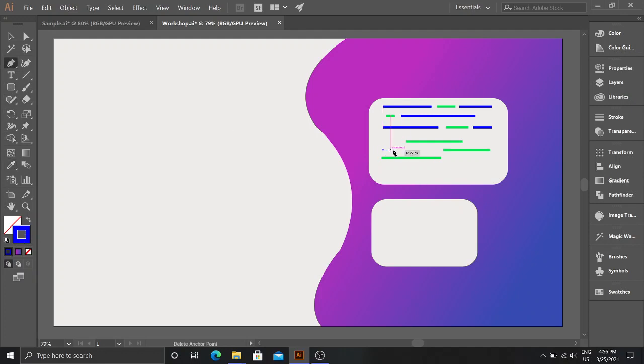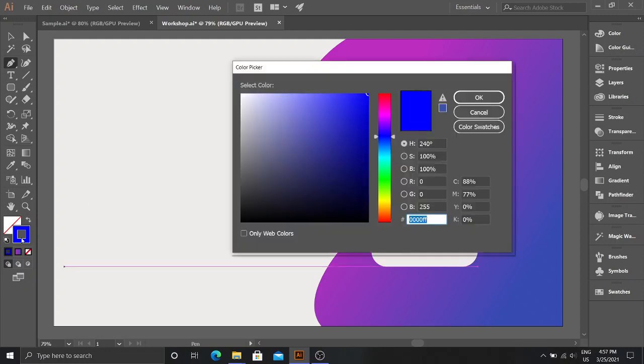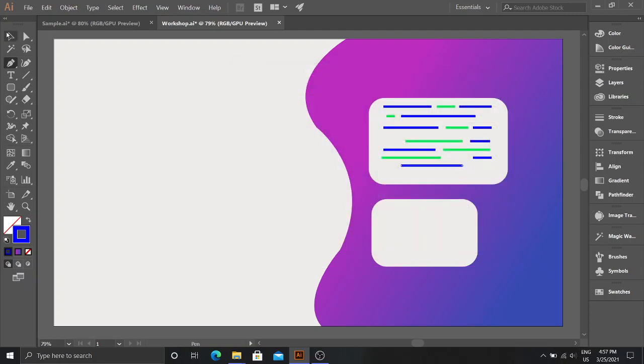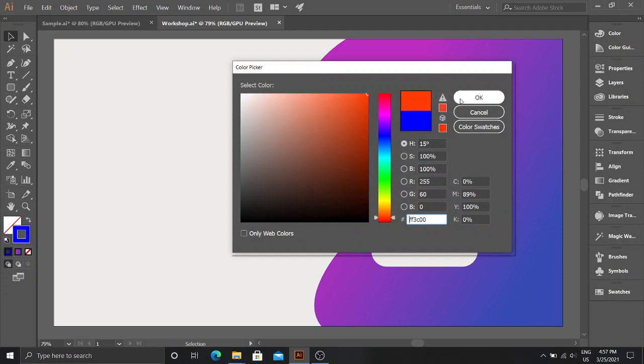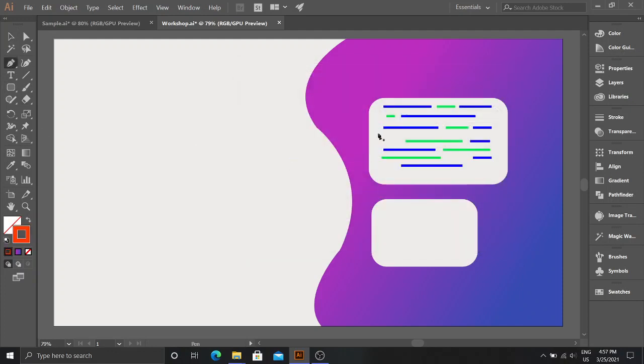Now use the pen tool to get the blue line. Now let us get a different color. Use the pen tool again.